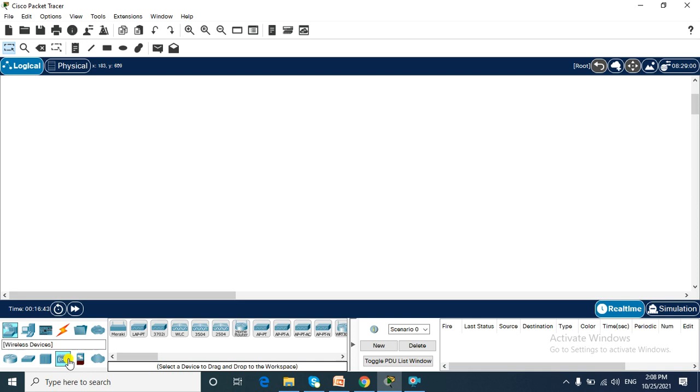Just the same, this is my wireless device. I have a wireless controller, a Meraki wireless device, a lightweight access point, and so on and so forth. For firewall, I have the ASA 5506 and the ASA